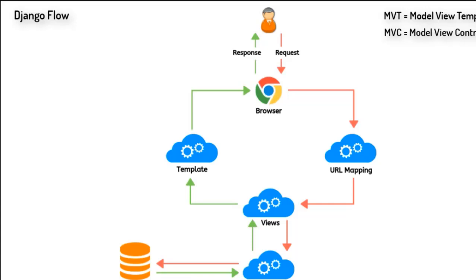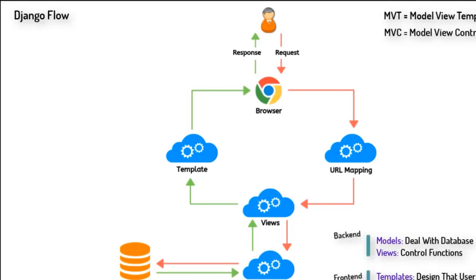So if I talk about MVT, model is related to databases, view is related to the functionality, the function code that we write, and template relates to the front end part, how our website is going to look. So the first two points relate to our database and the functionalities, that is our backend part, and template works with the front end part. All these three are really important to work on a website. Now here I also want to add a C.